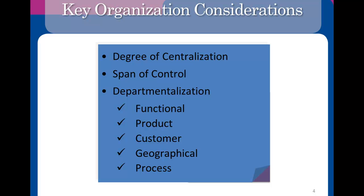So the span of control in a decentralized structure is much wider than in a centralized type structure for that reason. Okay, which can, of course, get into the issue of there being too many direct reports for one particular person, and do they have the ability to manage all those people? Well, if you're granting authority to your employees and letting them make decisions, assuming they have the knowledge, the skill set, and the education to do so, then ultimately you shouldn't be necessarily bogged down by having so many direct